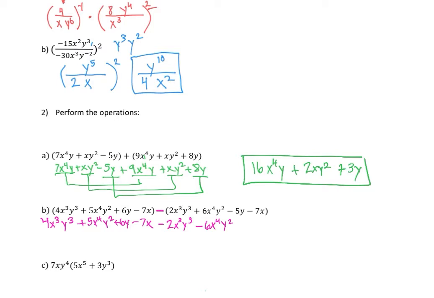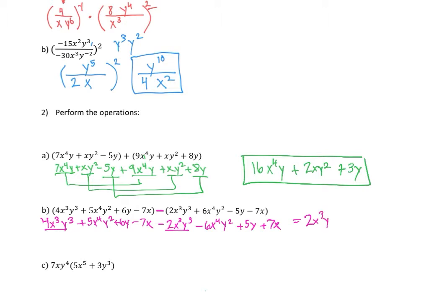A negative times a negative 5 is a plus 5y. And a negative times negative 7x is a plus 7x. So we just distribute that minus sign through and then start combining like terms. I have 4x cubed y cubed minus 2x cubed y cubed. And that gives me